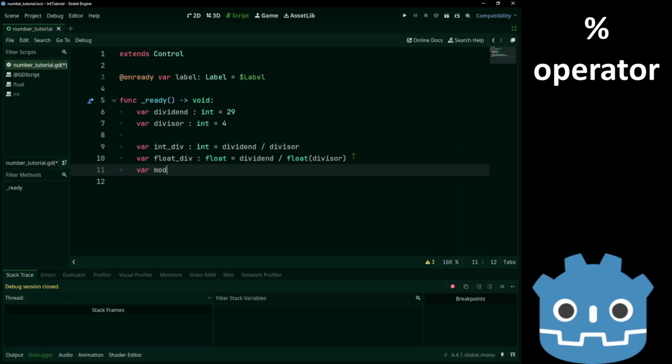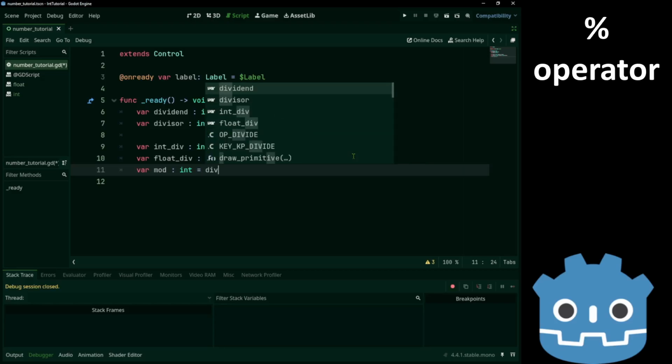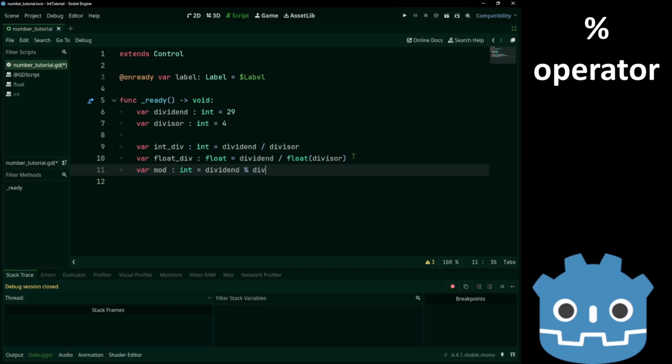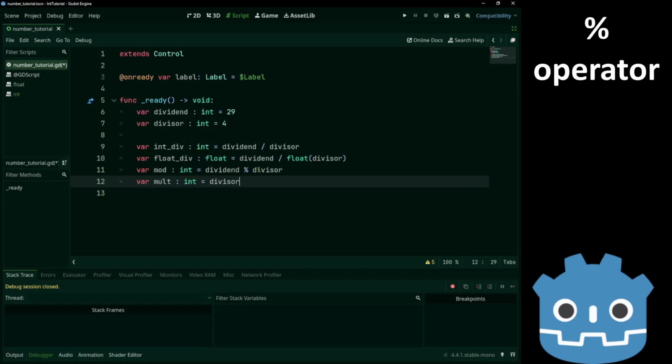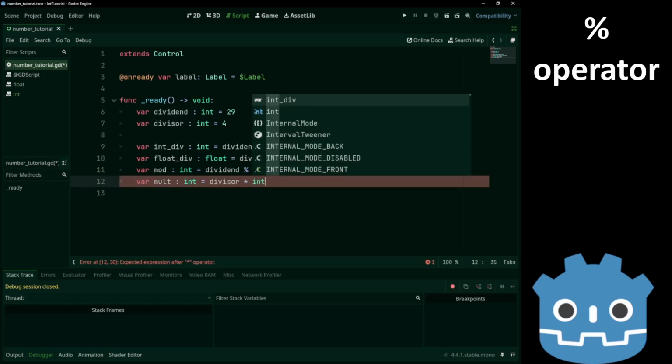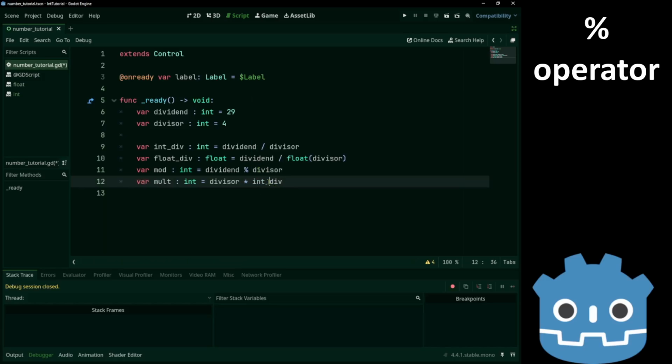Let's get the mod. And this is a temporary variable: divisor times int division. So let's go to our label.